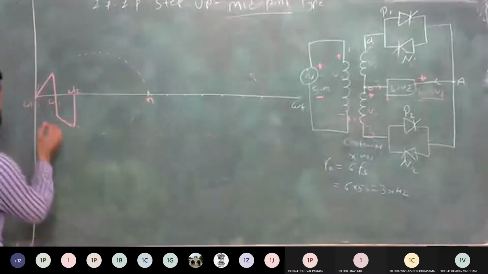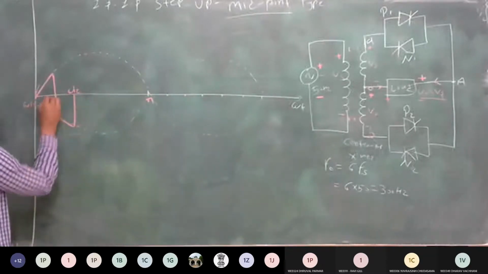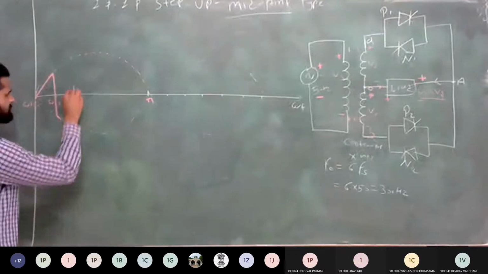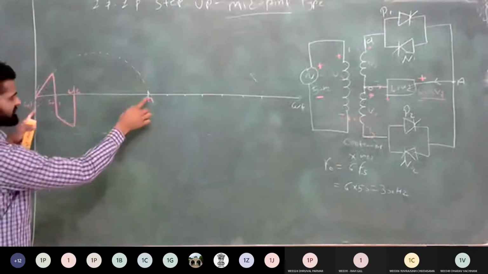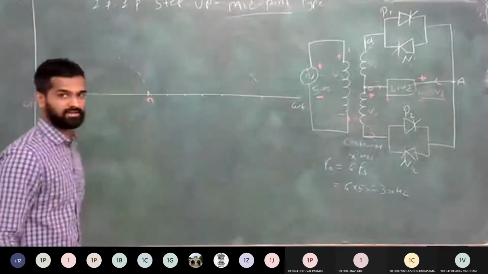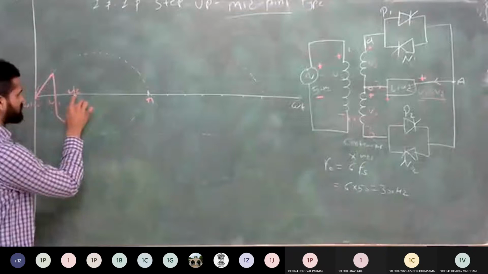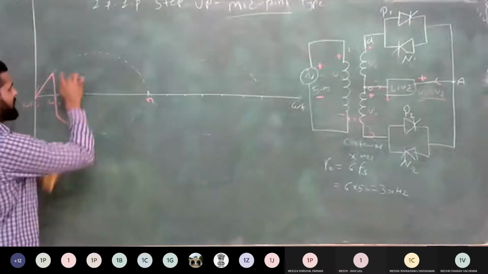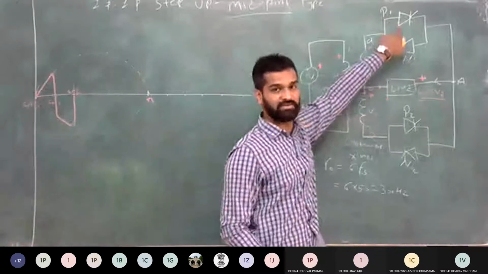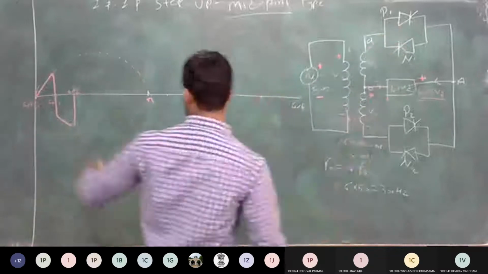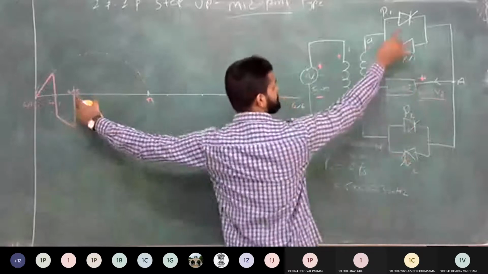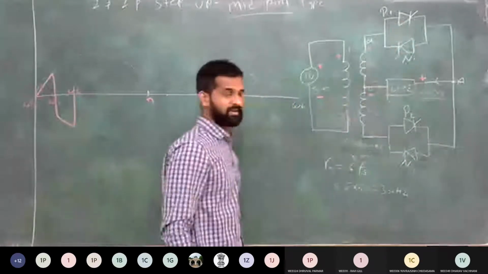Now you can see here, from 0 to omega t2, one cycle is completed, positive and negative. Here, I require 3 cycles in this half cycle, and the same way 3 cycles in the negative half cycle. So after omega t2, I require the positive voltage and your supply is again positive, so turn on the P1 thyristor again. At omega t2, forcefully commutate N2 and turn on P1 by applying the gate pulse.